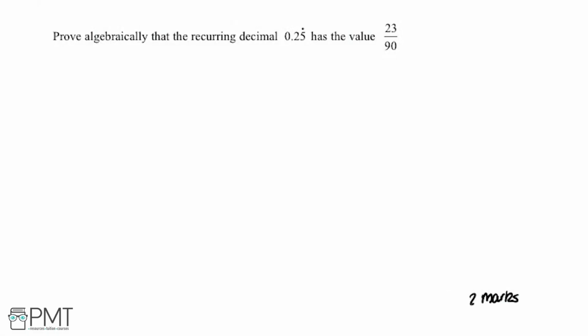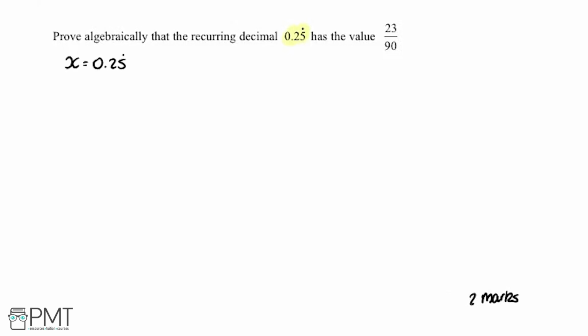So we're going to take a look at this question that says, prove algebraically that the recurring decimal 0.25 recurring has a value 23 over 90. So the fraction here, 23 over 90. Okay, so whenever you get a question like this, the first step is to set this number here, the recurring decimal, to a variable. So we're going to use the variable x and say x equals